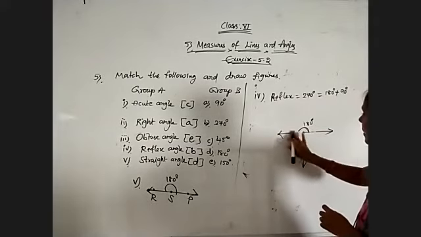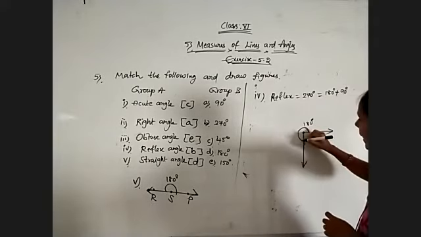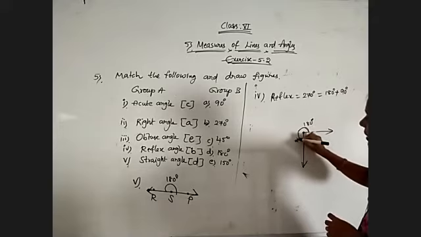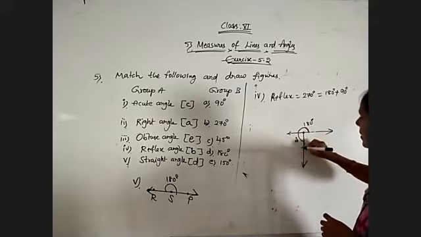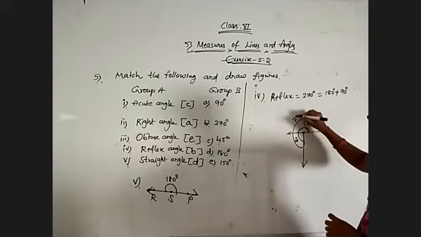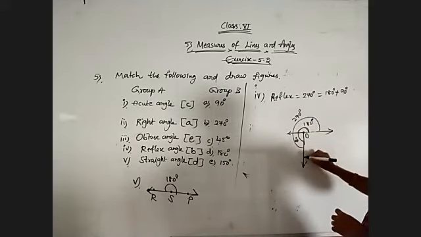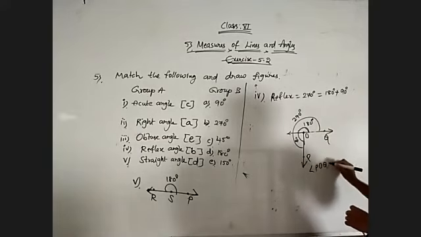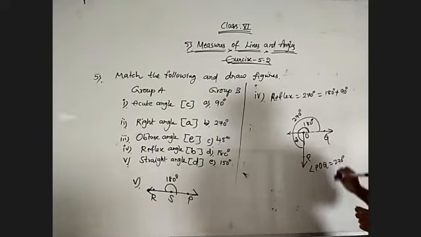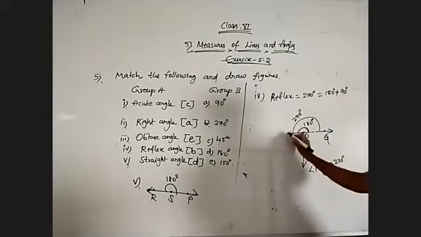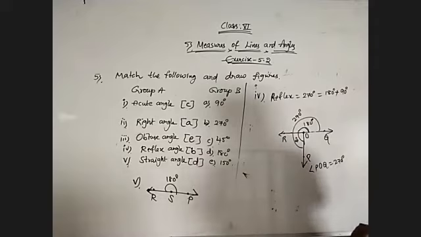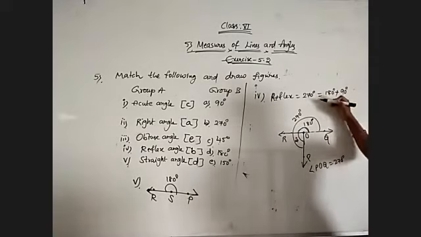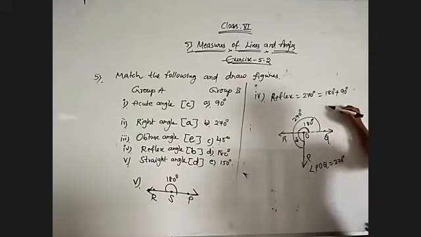Now this complete one, 180 plus 90, is equal to 270 degrees. OPQ. Angle POQ is equal to 270 degrees. That's it. Here use any other letter, R. Okay. I hope you understood. Actually, we will not construct reflex angles, but for this question I am constructing one, that's all.